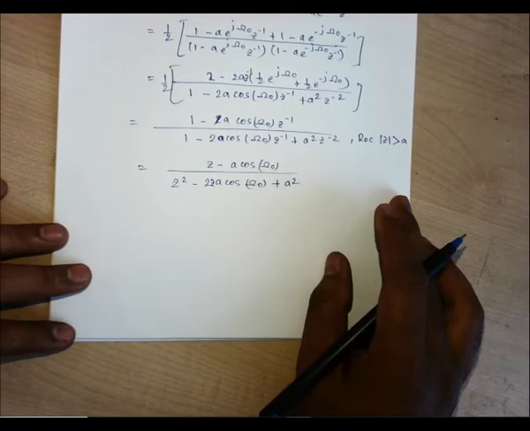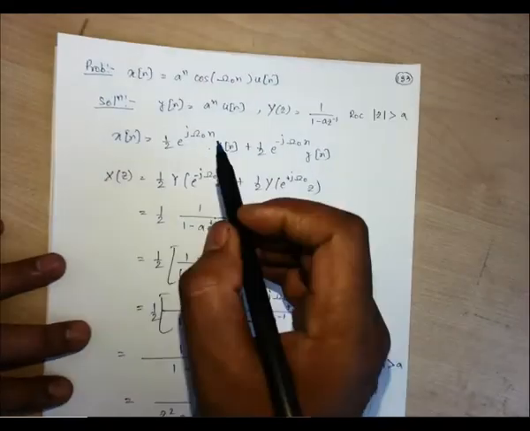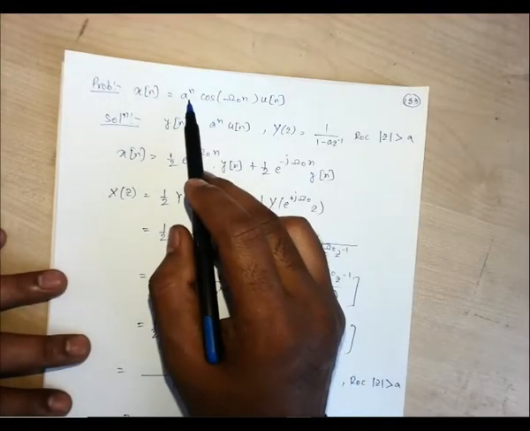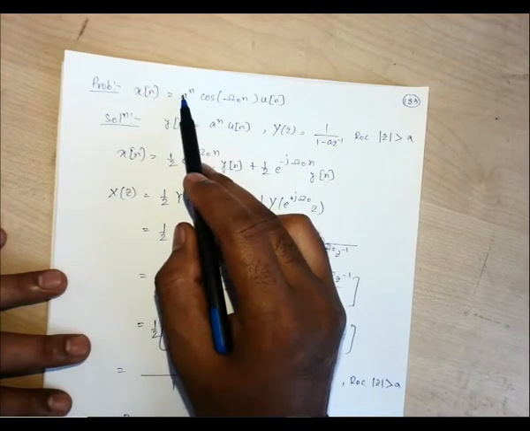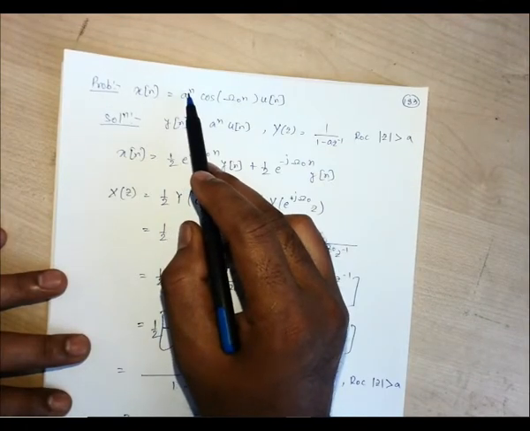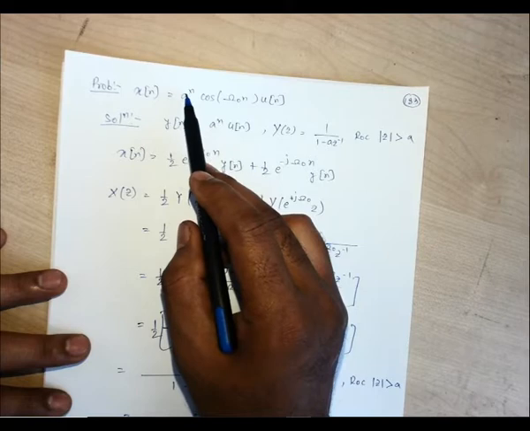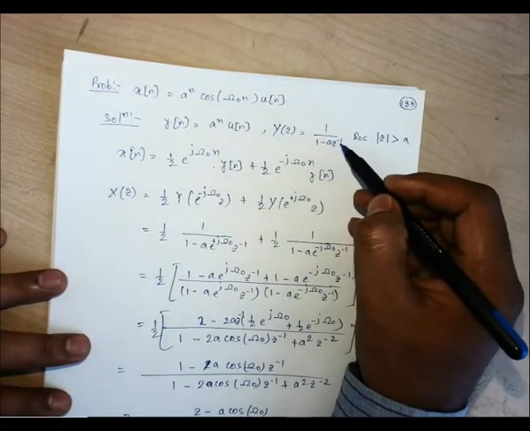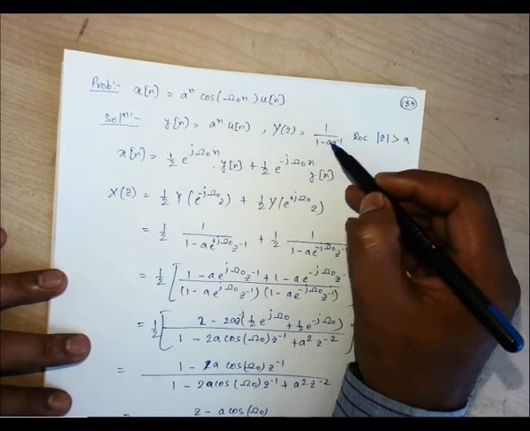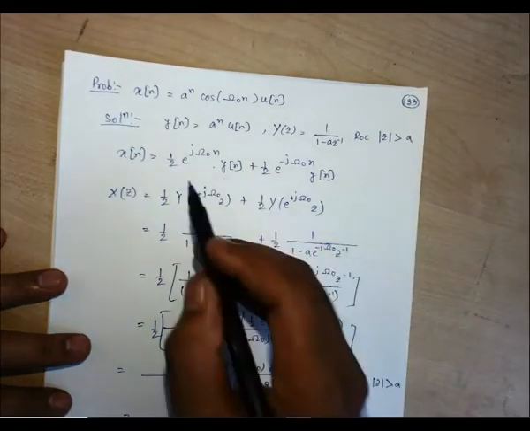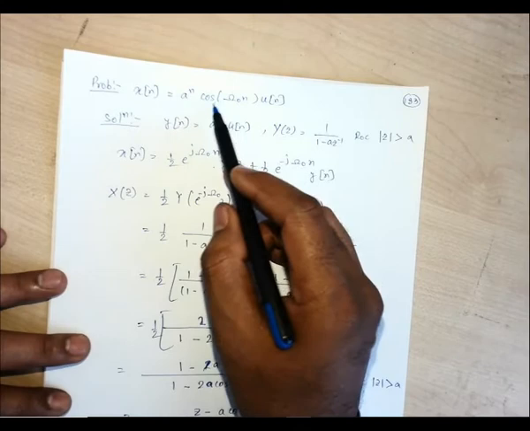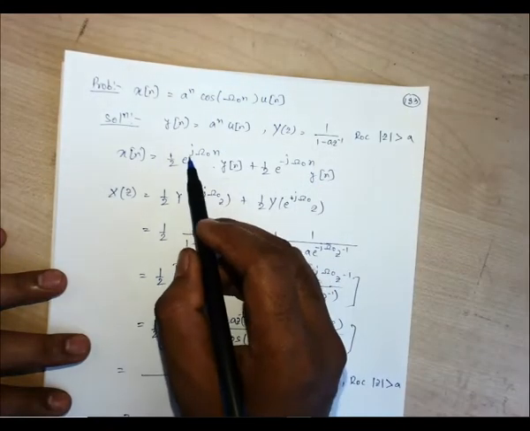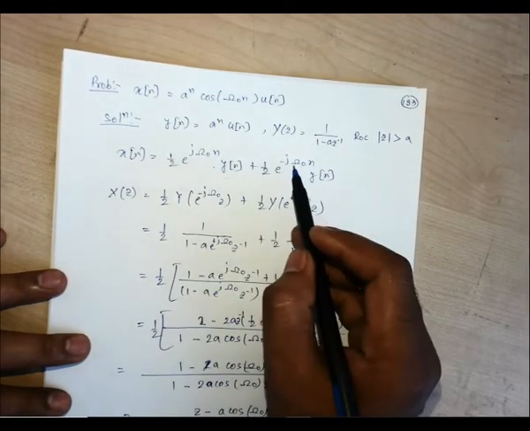Fine. So what we did here, the main thing, we first found the z transformation for the known part, that is a to the power n u of n, that is 1 by 1 minus a z inverse, that one will become z by z minus a, whatever you can write. Then we went with the Euler's expansion for this cos, that is in terms of e to the power j omega naught and minus j omega naught.